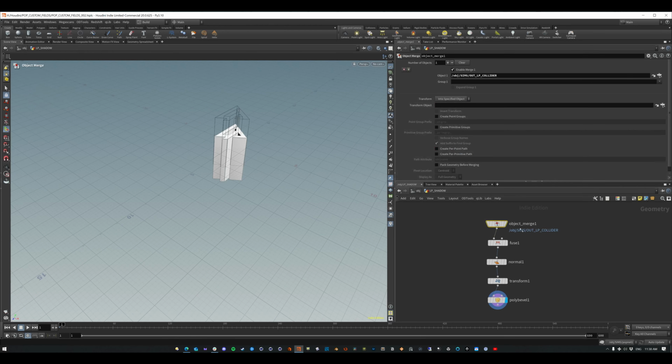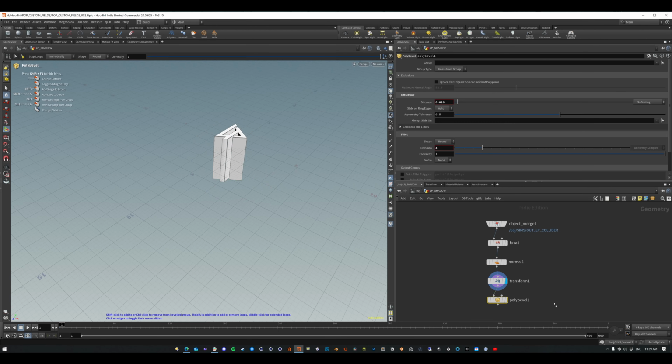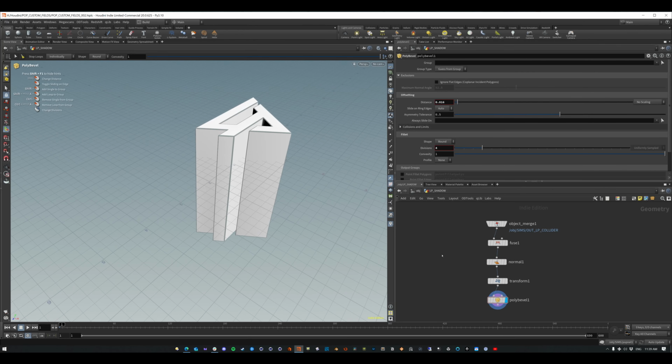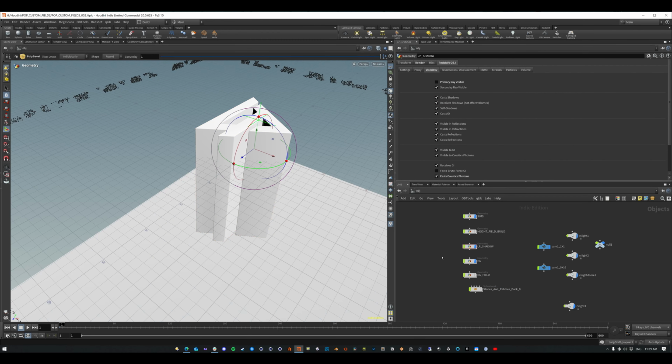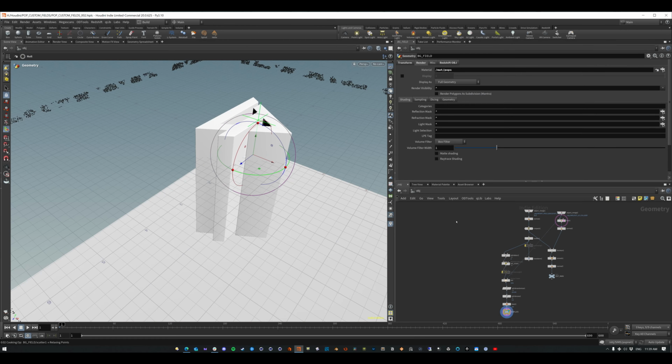So this is just my basic logo. Just import it, fuse things, normal, transform it into the middle, added a little bit of poly bevel to it, right? Nothing too crazy there. And then for my background field,